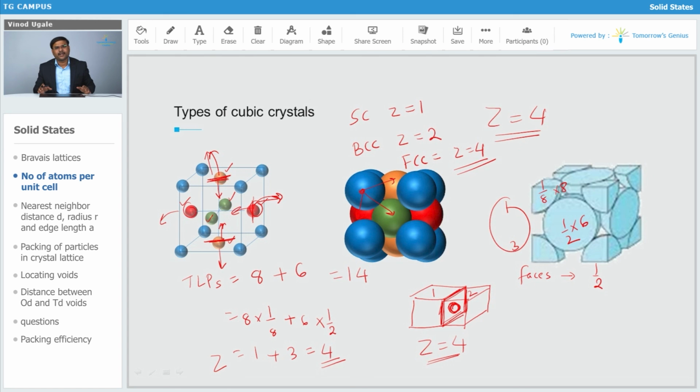Now we are left with the number of atoms in hexagonal close packing. But to conclude this, what we can say is that a corner particle is shared by 8 unit cells, a body centered particle is not shared by anyone, and a particle on a face is shared by 2 unit cells, and according to that we get the contribution of that particle inside 1 unit cell. Now let's go for the number of atoms in the hexagonal close pack structure.